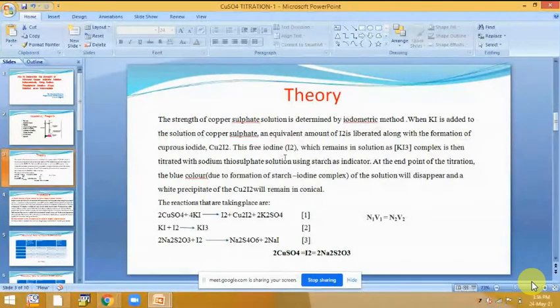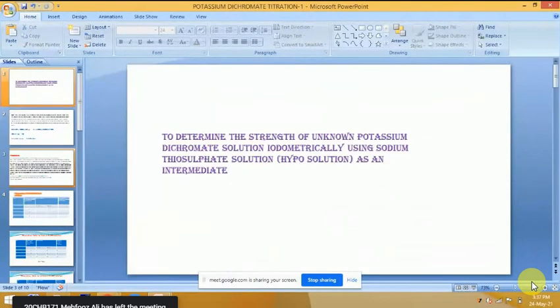And another thing is, you see this one, the last one, that means the amount of copper sulfate is related to the amount of free iodine, and the Na2S2O3, that's the burette reading, is directly related to the amount of free iodine. So they are interrelated. The titration is basically copper sulfate versus thiosulfate solution, but iodine is taking part in the titration. And so this type of question may be asked in your final viva. I hope you understand.